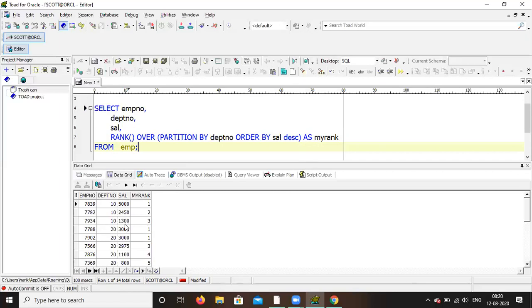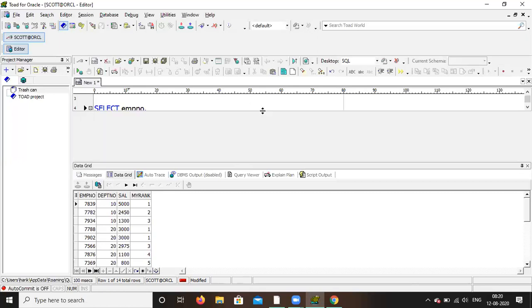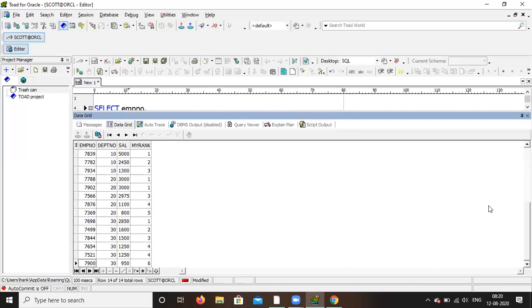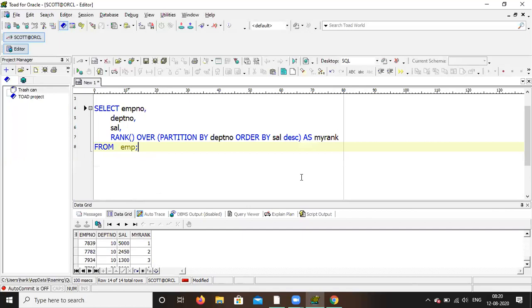Come down in your output; department 30 will also be there. So you can find the first highest, second highest like that using rank. It will be easier to write queries if you understand this. Clear? So this is the syntax of rank.